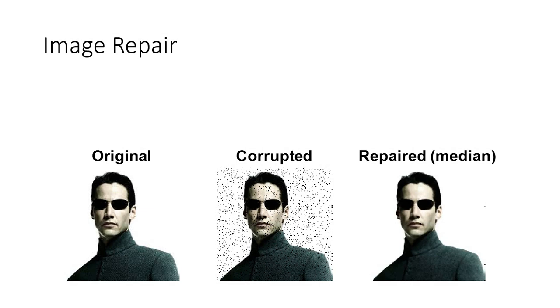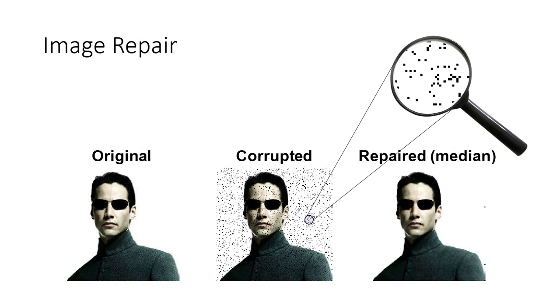If we want to make Neo look normal again, we can zoom in closer at this picture, and you'll see that there are these isolated dots where the information is lost, and in the matrix, that is represented by individual pixels that have a number that's very different from the ones surrounding them. If we were to create a new image where you just replace each pixel with the median of all the values in its neighbors,